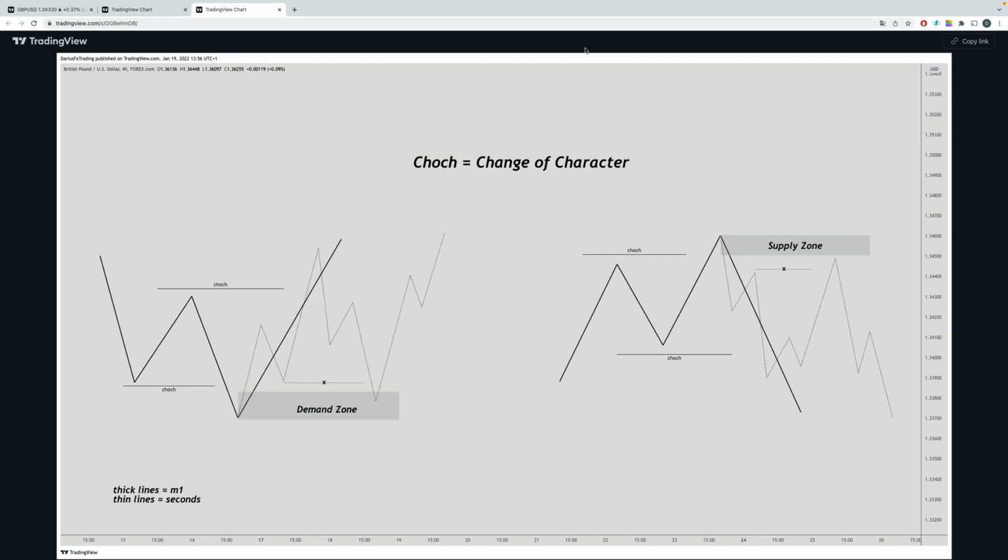Welcome traders to this new video, which is about Choch, which means change of character. We're going to go over the definition, we're going to explain where we're going to use it, the overall context where this is important, and then we're going to go on the charts and we're going to look at some